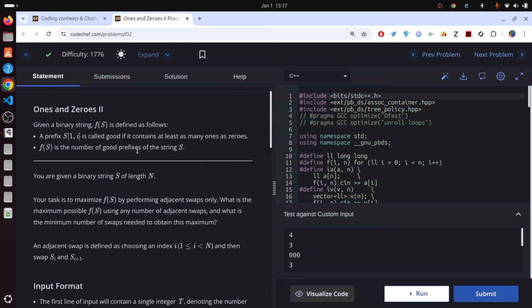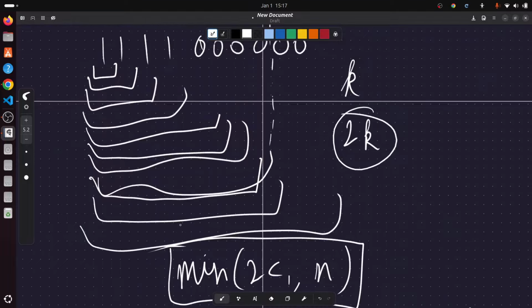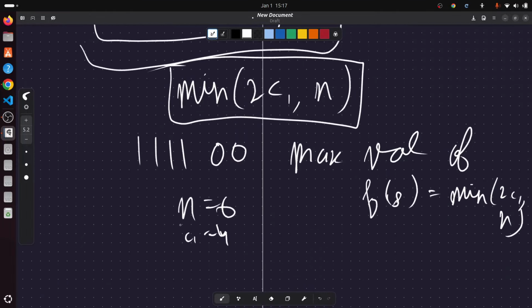But there's one more thing that they are asking, what is the minimum number of swaps needed to obtain this maximum, right? So for that I showed you the graph idea. There's one observation that we can make